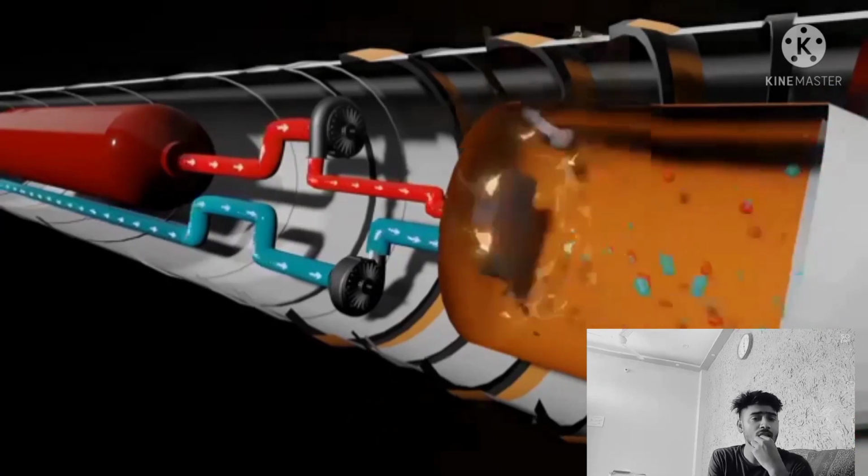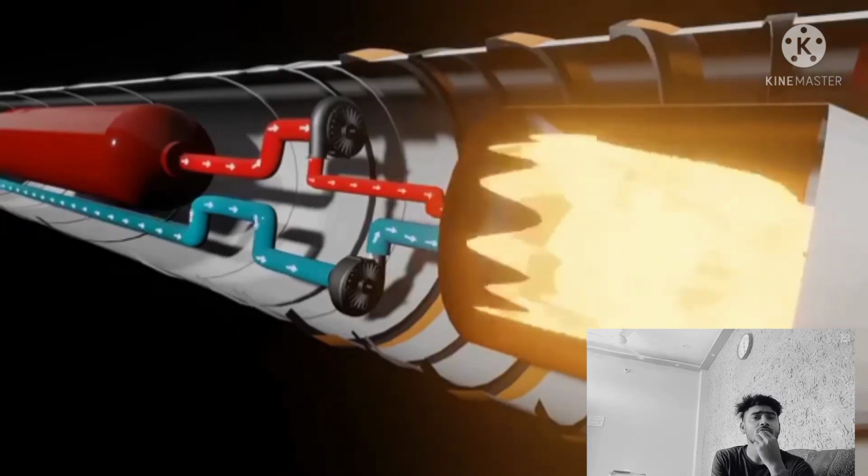Due to the ignition, the combustion takes place. When combustion takes place in the combustion chamber,